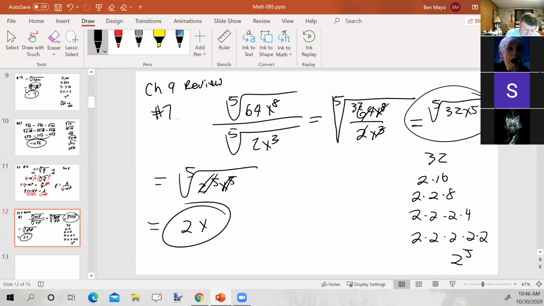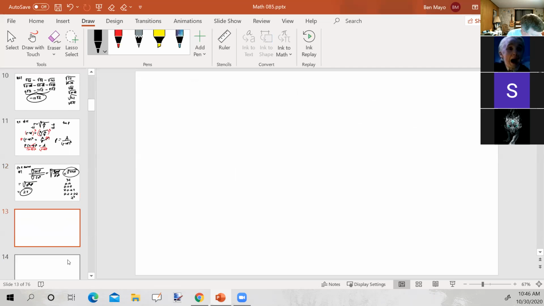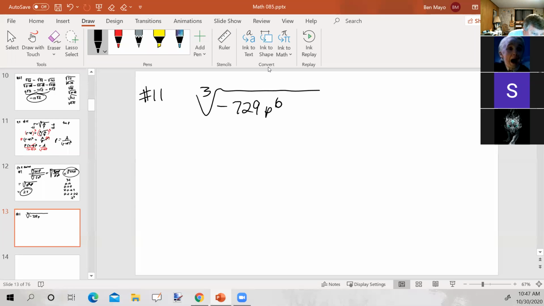All right, continuing the chapter 9 review, this is problem number 11. It says simplify the cube root. So we have the cube root of negative 729 p to the 6th q to the 3rd. All right, negative 729, I could factor off that negative 1, okay? 7 plus 2 is 9, plus 9 is 18. 3 goes into 18, which means 3 goes into